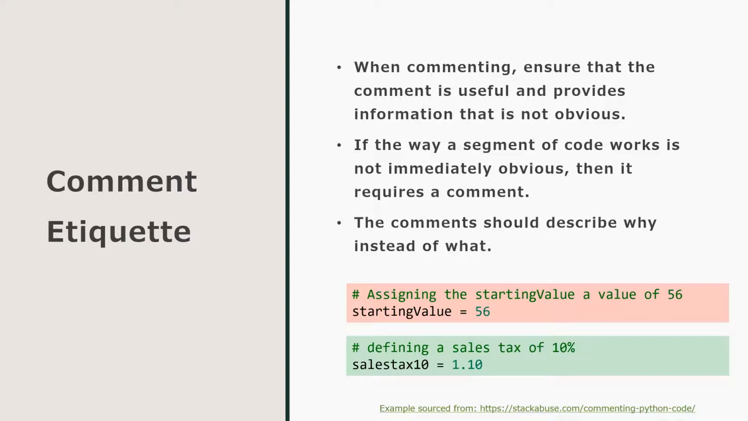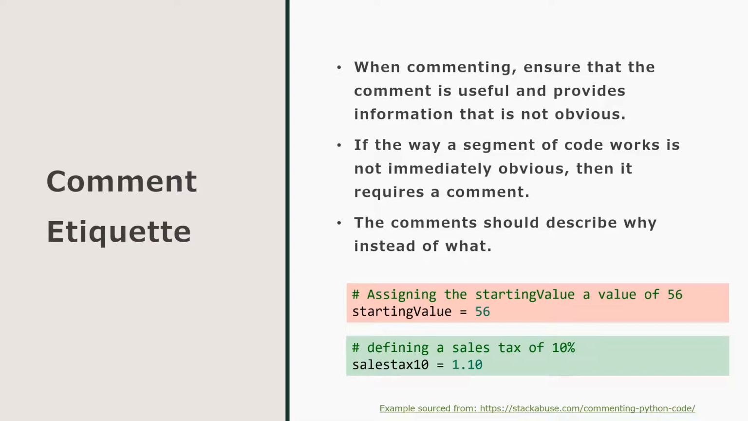So when you comment, you have to make sure you're giving information that's useful. Don't give information that's obvious from looking at the code. If the way a certain portion of the program works is not immediately obvious, then it needs a comment. The comment should always tell you why, not how. The one exception is if the how is very complicated, if you can't really understand it at first glance, then feel free to comment it. But these are two examples of bad and good